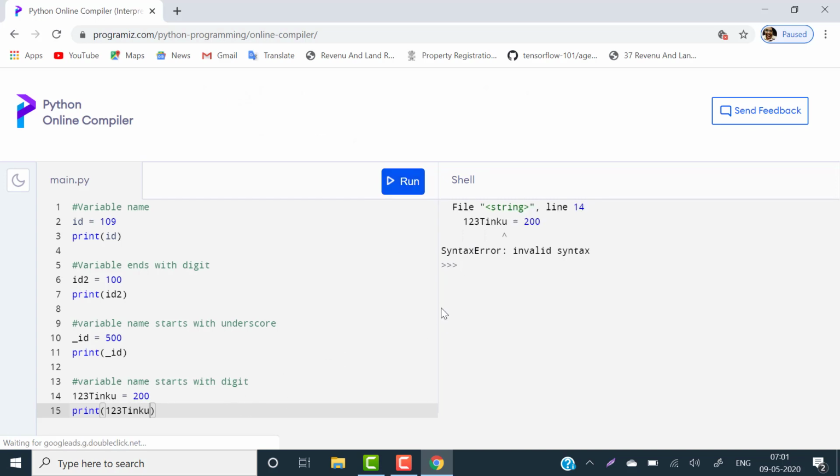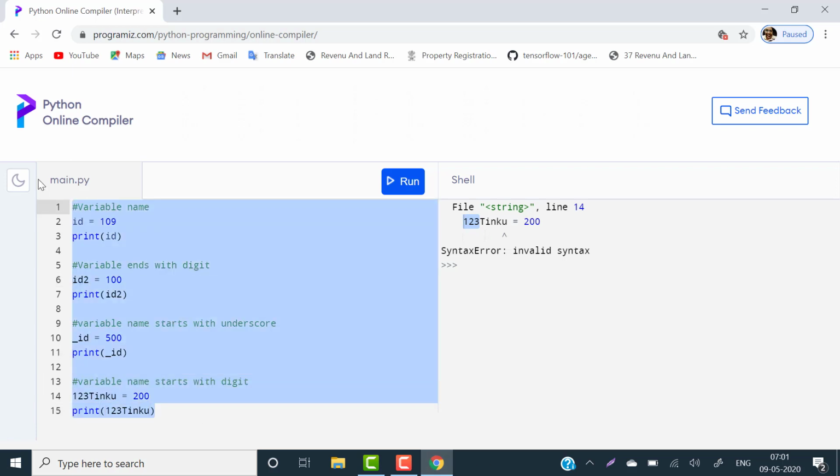As we see, it is giving an error, only because starting with a digit is not allowed. It is not valid in the Python programming language. So we will check some more examples.